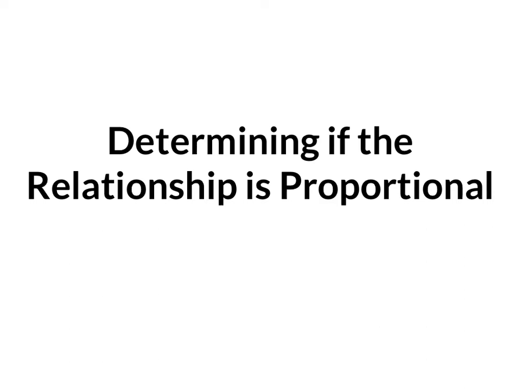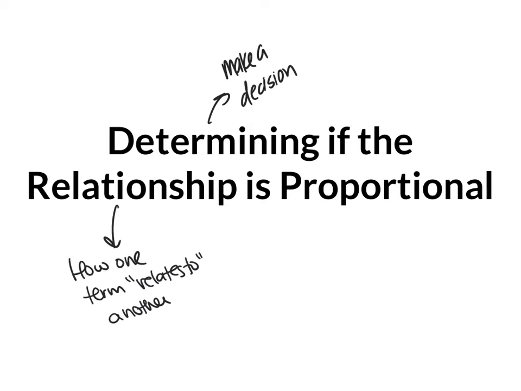Today's lesson is on determining if a relationship is proportional. To determine something is to make a decision about it. When it talks about a relationship in math, they're not dating, it's just how these terms relate to each other, what their patterns are. And proportional is just referring to a multiplicative relationship. So if we're determining if a relationship is proportional, we're trying to decide if there's a multiplicative relationship between two